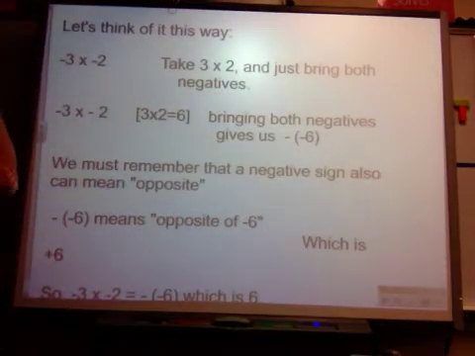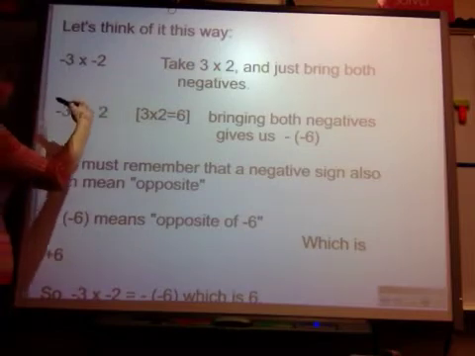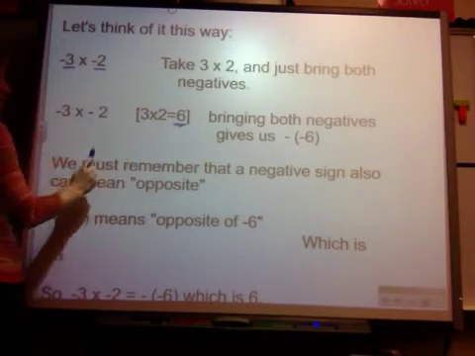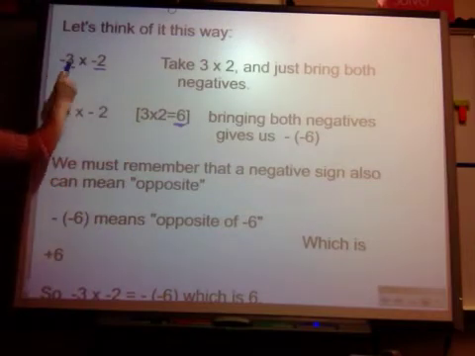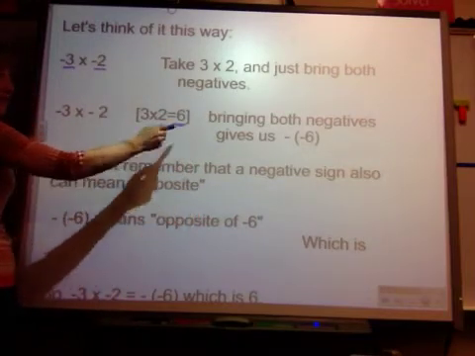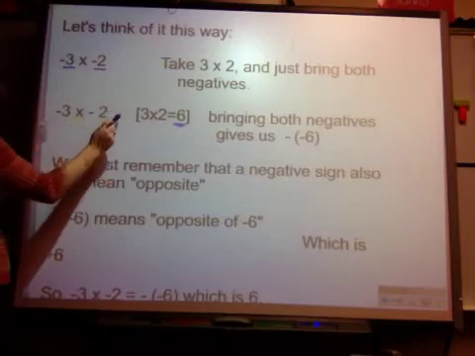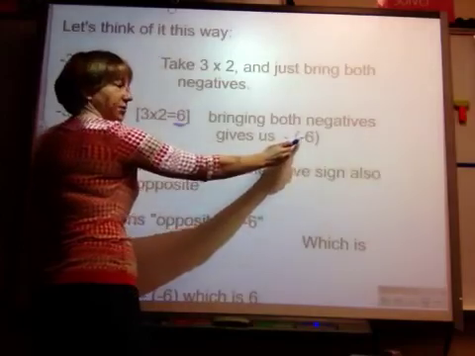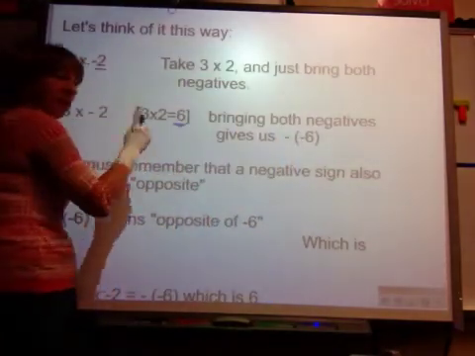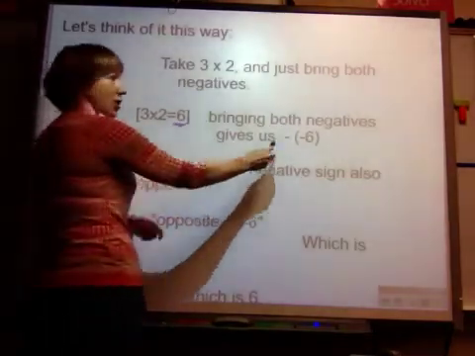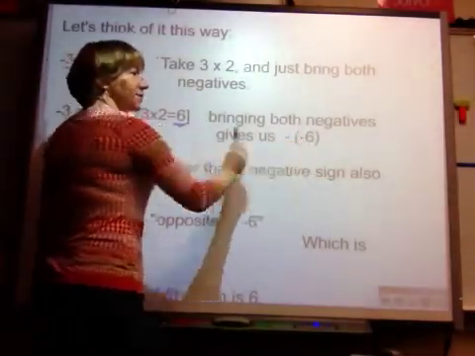So we're going to think of it this way. If I have negative 3 times negative 2, we're going to go ahead, like we did earlier, and just say, well, what is 3 times 2? 3 times 2 is 6. Now I'm just going to bring both of those negative signs with the answer, since they're both negative, and that's going to give me 2 negatives. So 3 times 2 is 6. I'm going to bring both negatives with the answer. Before I did the problem, I had 1 negative, so I brought 1 negative with the answer. This time I'm going to bring both negatives with the answer, which would give me a negative, -6, which seems